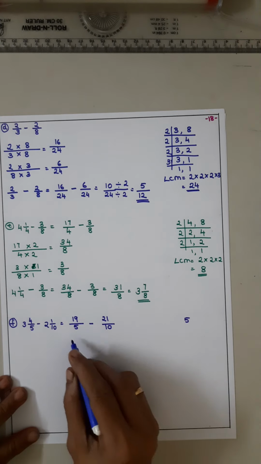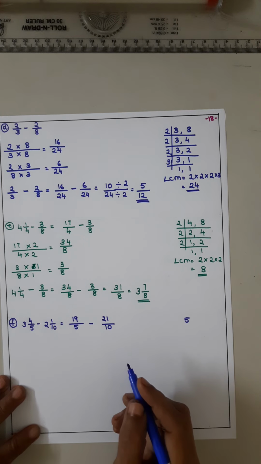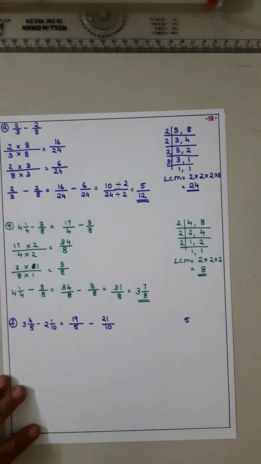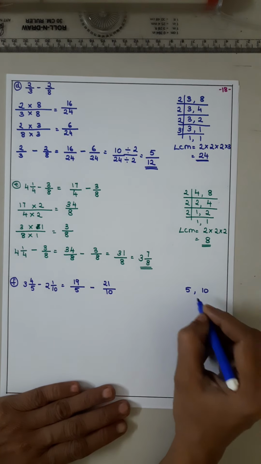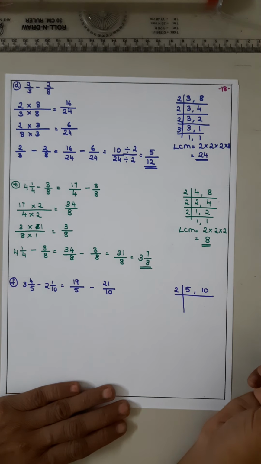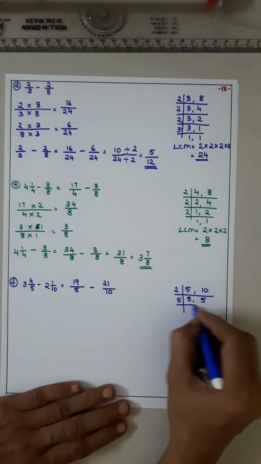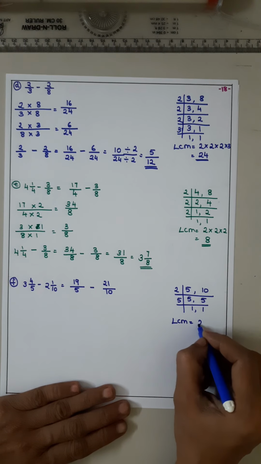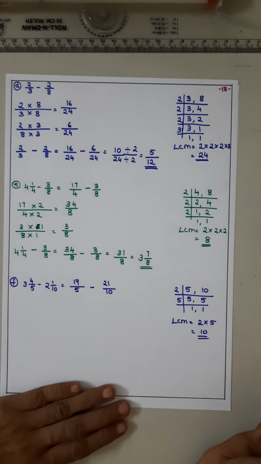अभी देखो ये 5 and 10, बड़ा नंबर कौन सा है? 10. 5 का टेबल में 10 आता है? यस. सो अभी एलसीएम आएगा 10. देखेंगे 5, 10. 10 is an even number. Start with 2. 5 as it is. 2 5s are 5, 1s are 1s are. LCM is equal to 2 into 5. 2 5s are 10. आया 10.